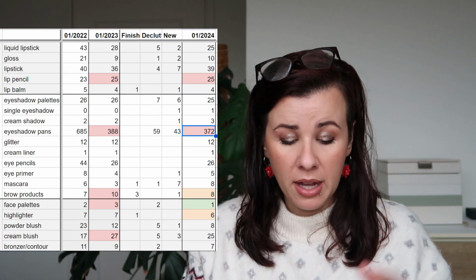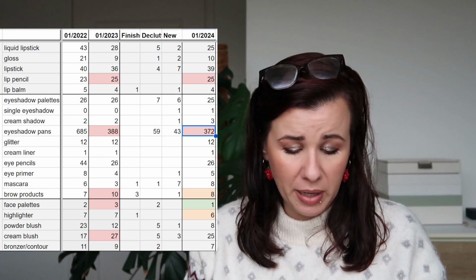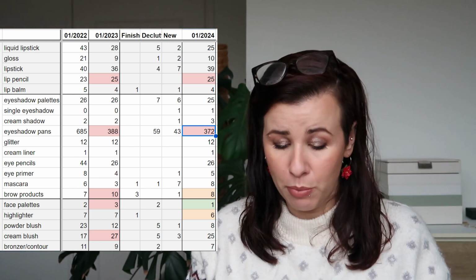And finally, the makeup inventory. This might take a while and it doesn't matter, that's what we're here for. I should have talked less in the previous section. Anyways, I'm starting with lips. Didn't go super well. I did declutter quite a few liquid lipsticks that went over, but I also bought some,